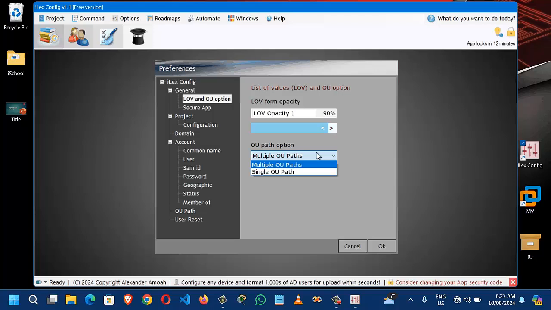And then we have the OU path option. We have two options here. We have multiple OU paths, and then we have the single OU path. So what do they mean? The single OU path means that you have a group of users and you are going to create them in a single OU, that is one organizational unit. That is an option you need to set when you are